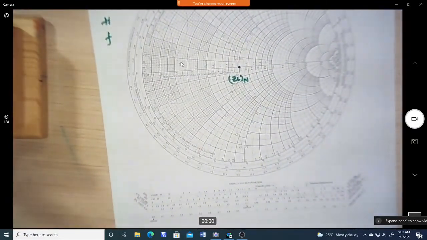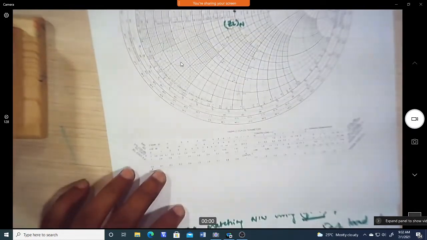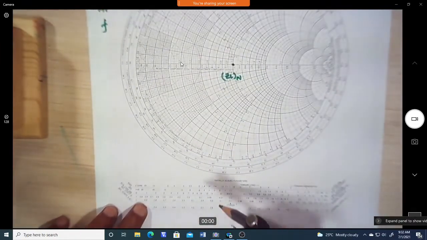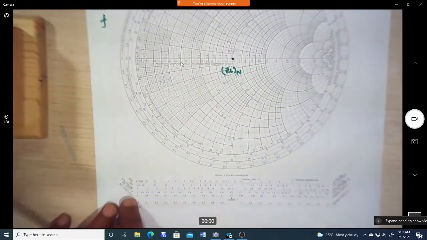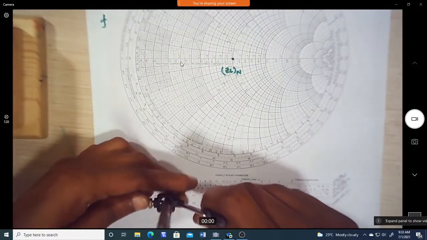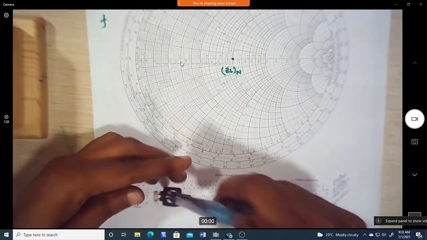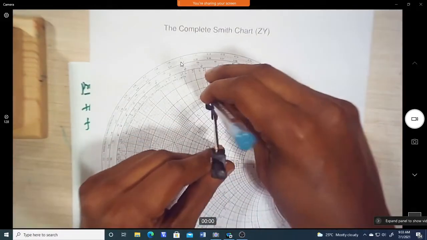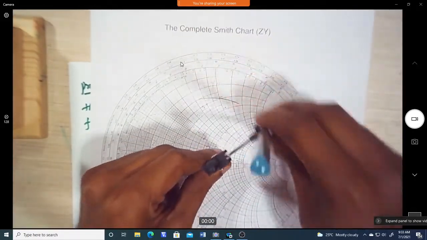Okay, so now we have the radius is 0.68. So you can take that value and you can take the radius of that 0.68 in the reflection coefficient scale. So you can see reflection coefficient ERI, it is there. So take that and 0.68 you take. Okay, so that 0.68 you can mark. So somewhere you can mark where we have the 97 degree it will come.